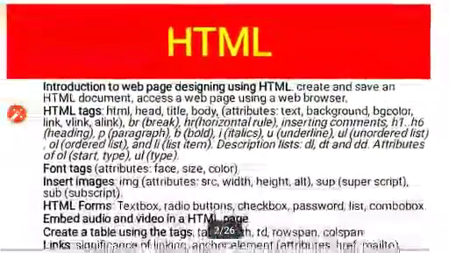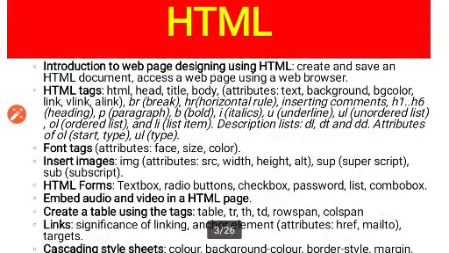So, let us see what is there in the syllabus of HTML. At first, we should know how to create and save the HTML document, then access it with the web browser, then the HTML tags, which includes HTML, head, title, body, their attributes, then inserting comments, okay, then paragraph, bold, italics, underline, unordered list, ordered list, list item, description list, that is DL, DT, DD, and their attributes like start type,